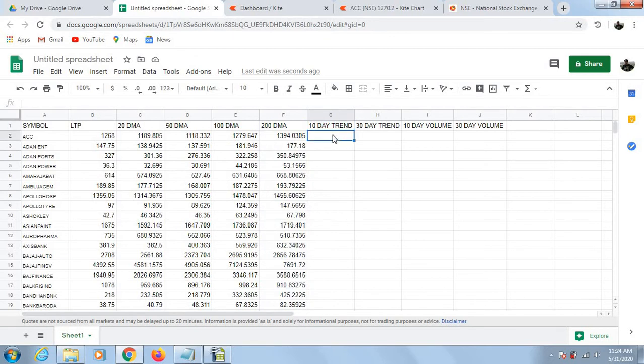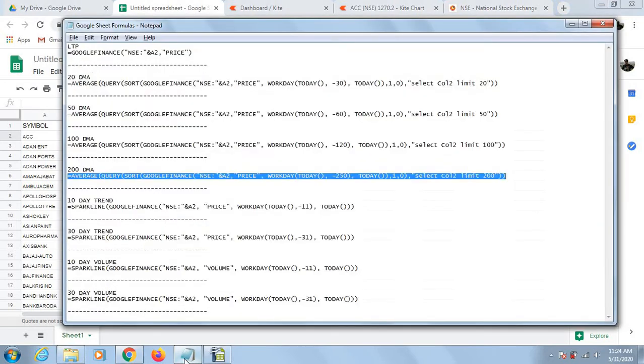Next, to identify the short-term trend of the stock, we use the Sparkline feature of Google Sheets. Again, I'm just taking the last 11 working days, so that if there are any non-working days, it doesn't consider them.